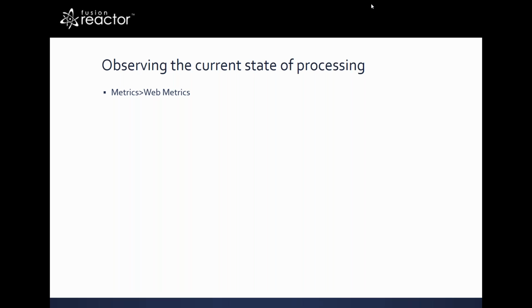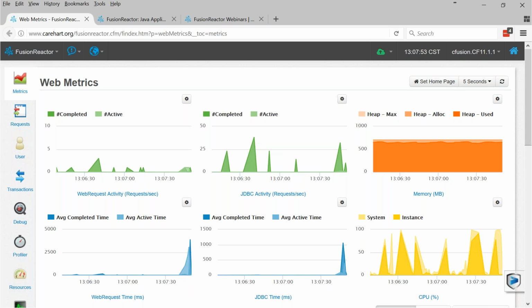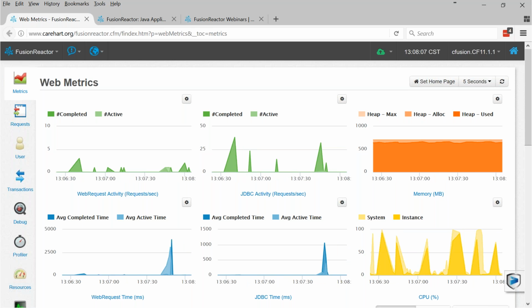There you go. So this metrics web metrics page lets you see in high-level detail an overview of what's going on in your application server instance. Some of you have spent your days here and know all about it. Others maybe you've looked at it but never really explored it. I don't want to go into detail because we did that in other webinars, but I just want to say